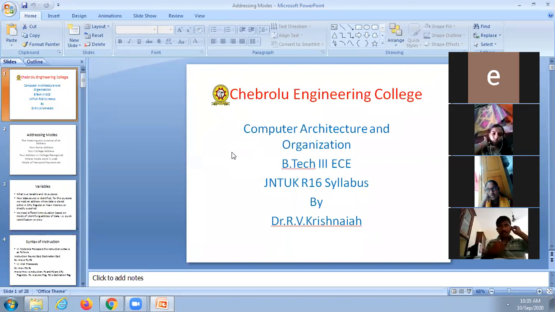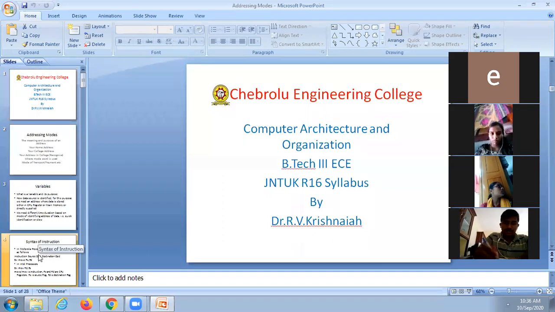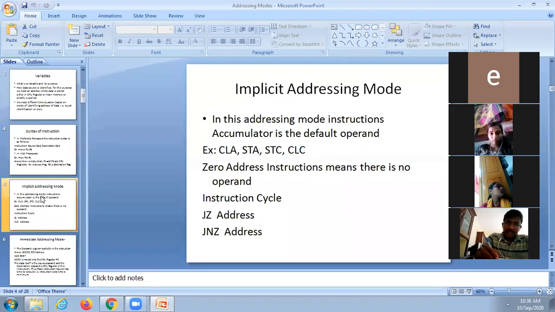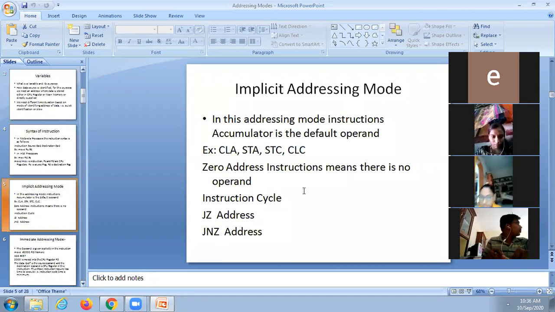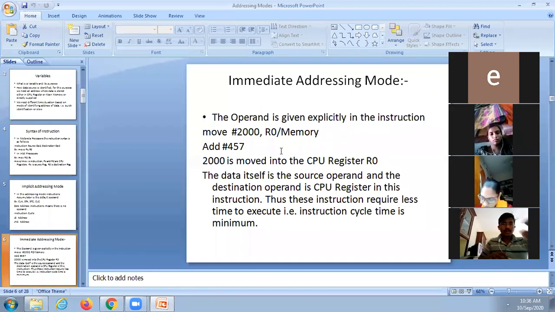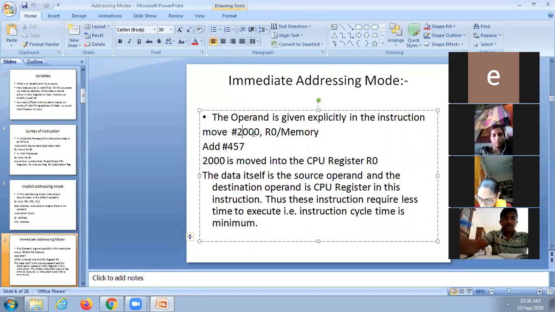In previous classes, I discussed CPU registers and memory, and implicit addressing mode, which is nothing but zero addressing instruction. Then immediate addressing mode, where one of the operands is immediate data,